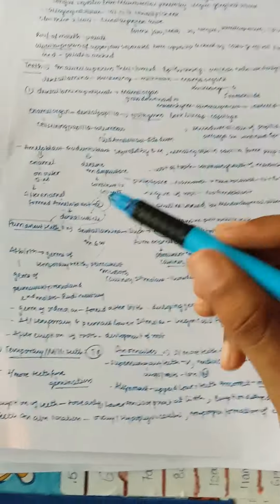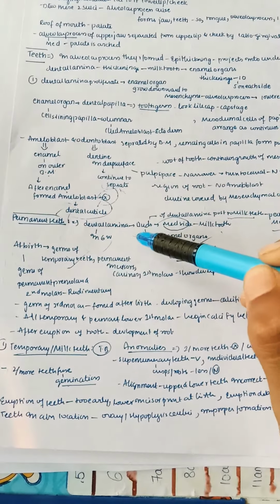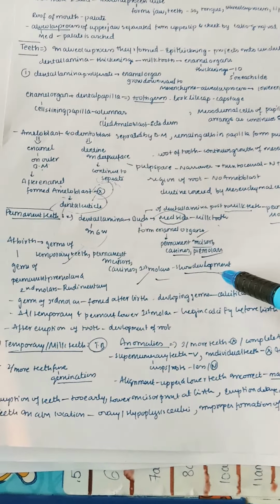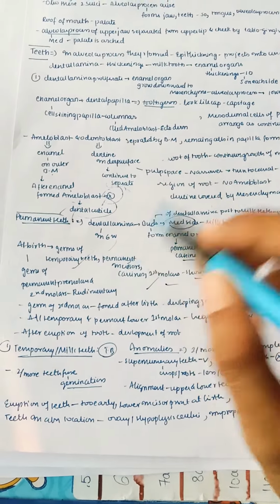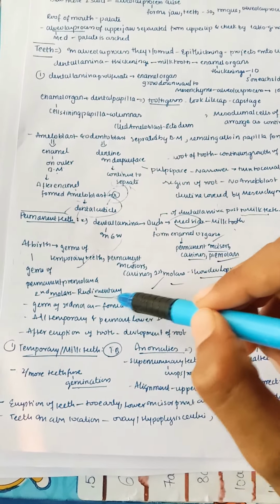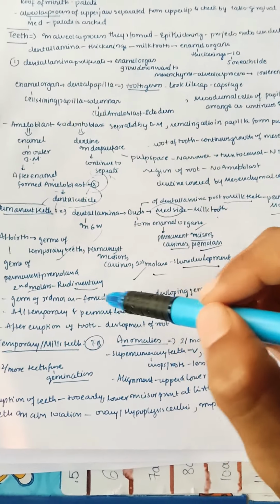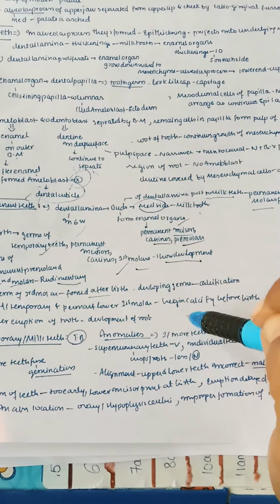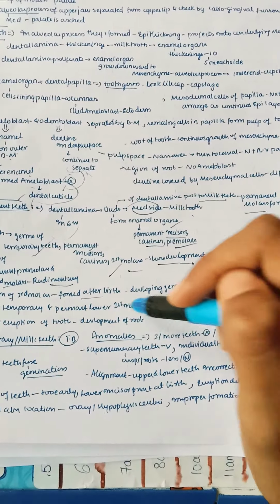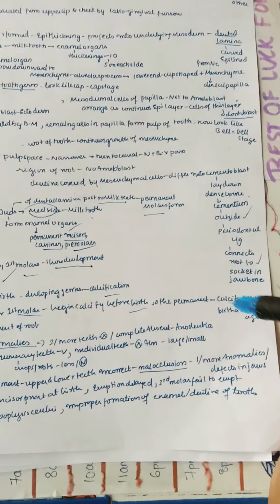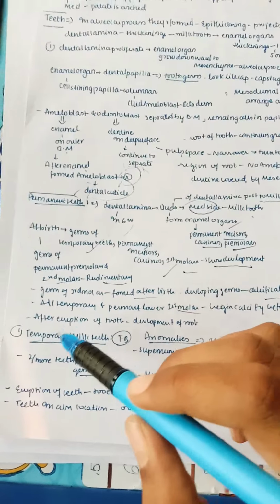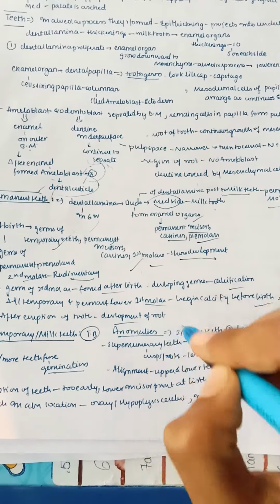So this is important. At birth, the germs of temporary teeth, permanent incisors, canines and first molars show development. So only the first molars, canines and permanent incisors are present, and the germs of permanent premolars and second molars are rudimentary. The germ of the third molar forms only after birth. Developing germs undergo calcification, and all temporary teeth and the permanent lower first molar begin calcification before birth. The remaining permanent calcification takes place after birth at different ages. After eruption of the tooth, the development of the root takes place.